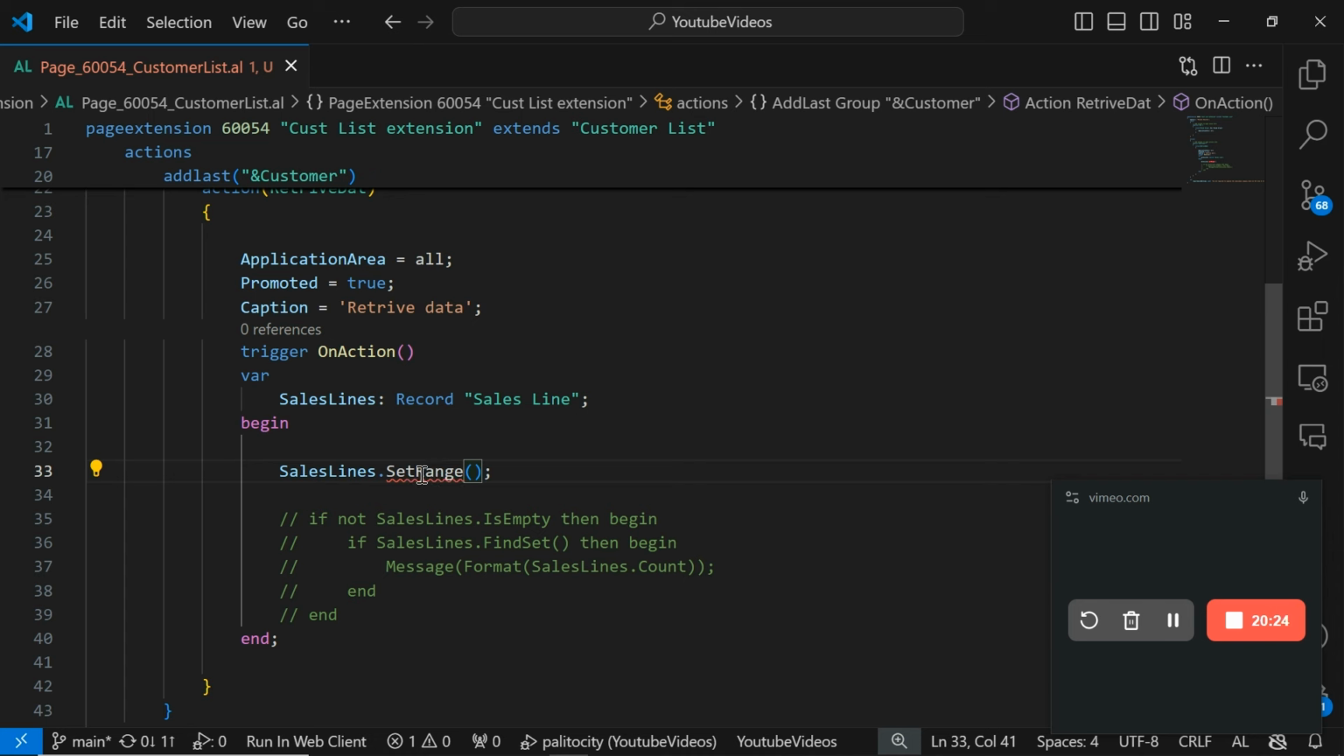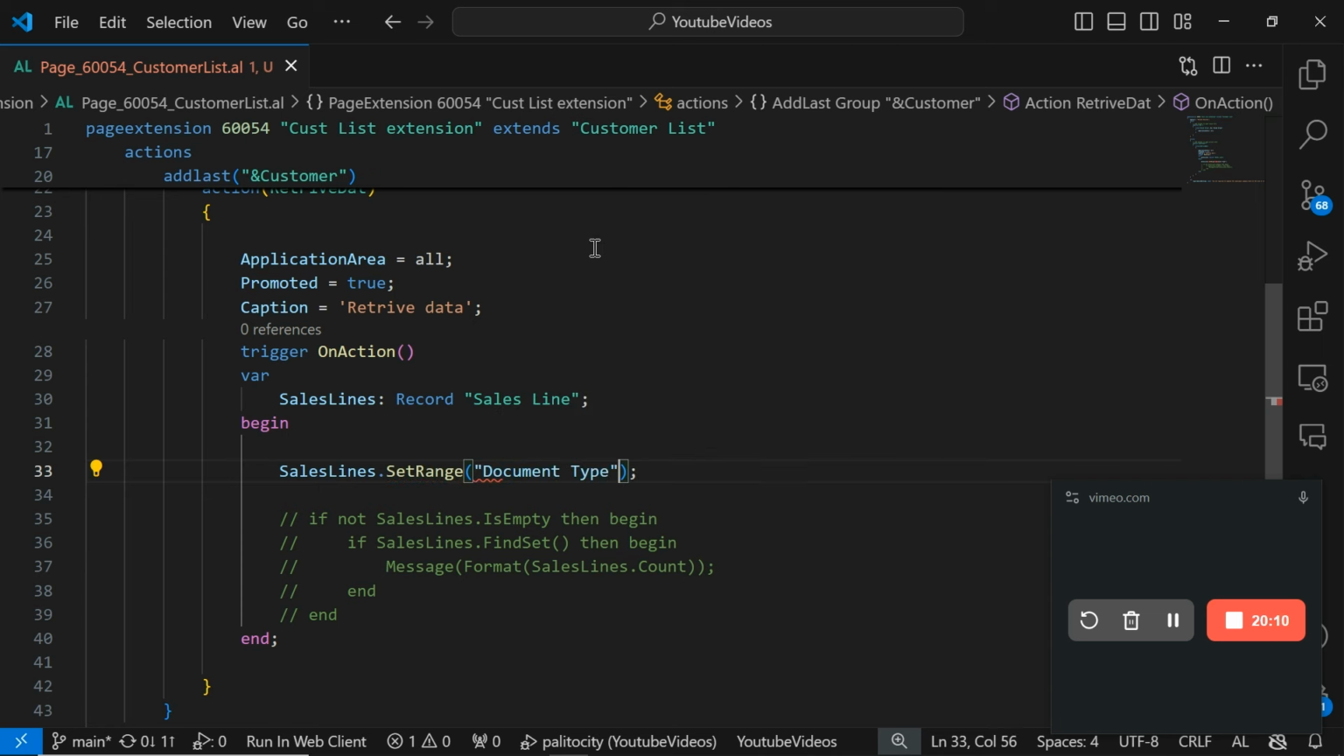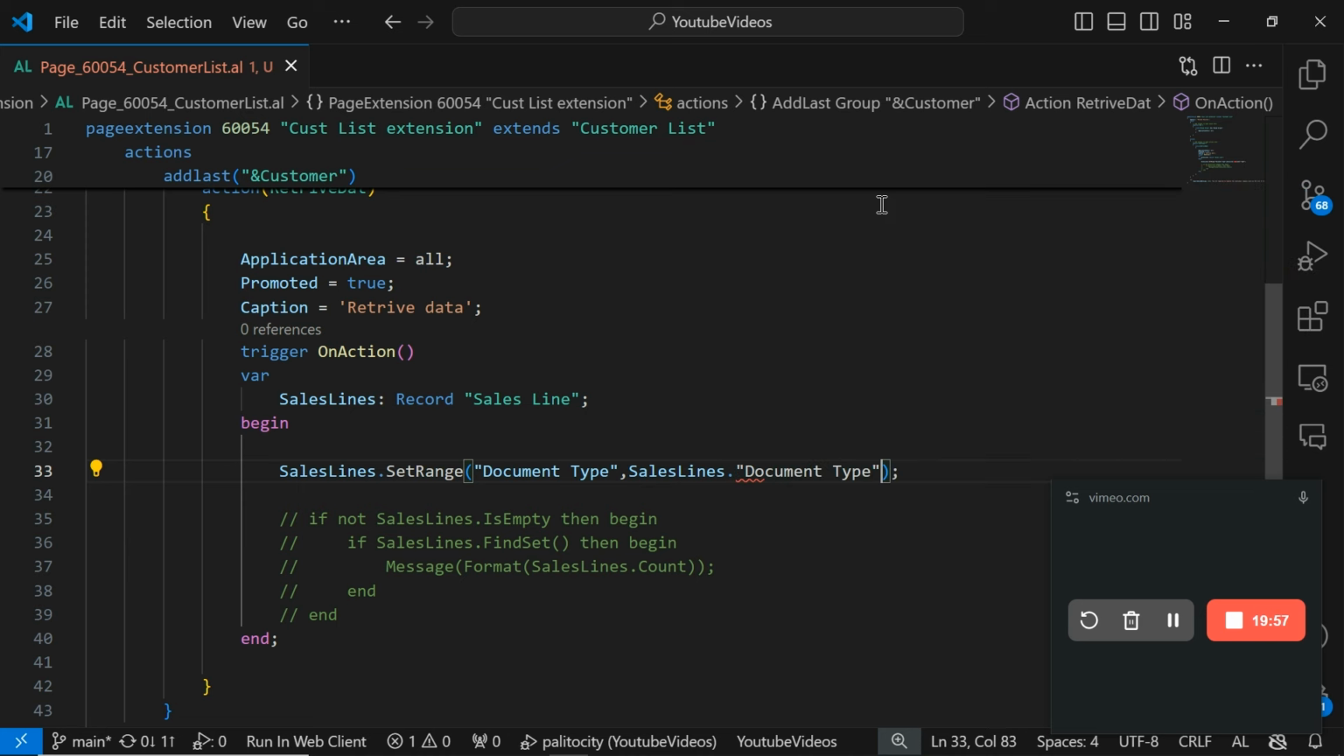So what does set range do? It can retrieve data based on a specific field or within a specific range. So we're going to work more on set range. I want to set range on this field called document type. So what do I want to do? I want to only retrieve data between, say, the document type called